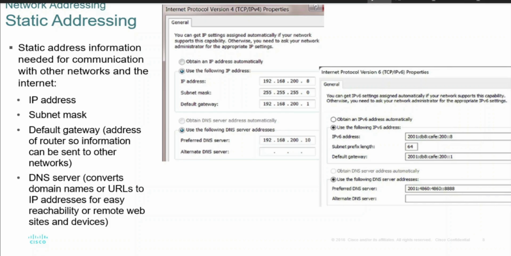Now, what is meant by this DNS address? Domain name service address. In simple terms, when we type google.com, the computer can't understand google.com, so that address needs to be converted to an IP address. Since we humans find it difficult to remember numbers, we come up with names, but the computer understands only numbers.